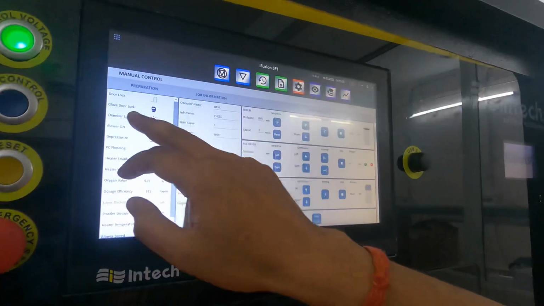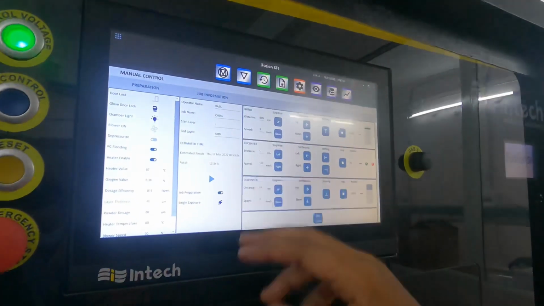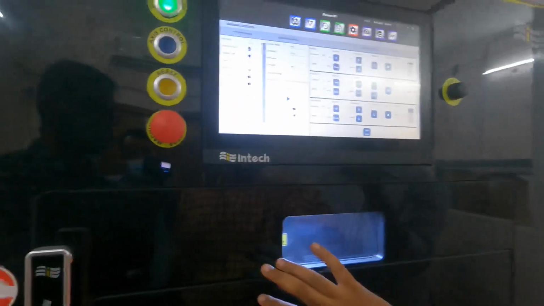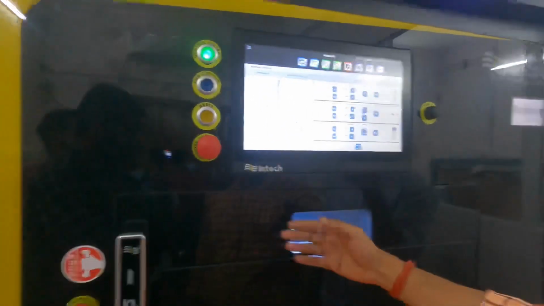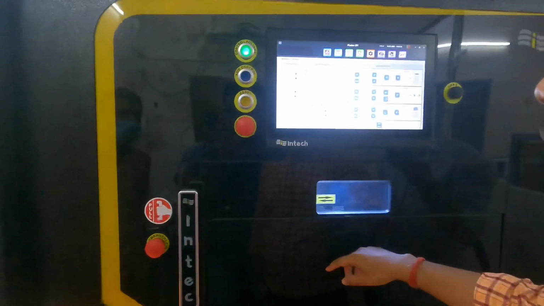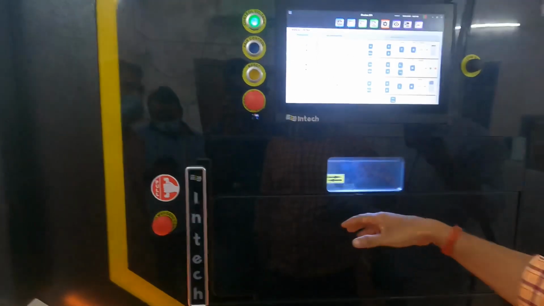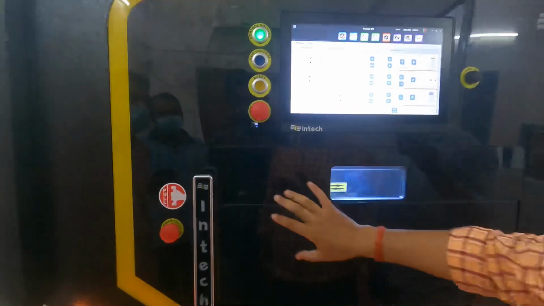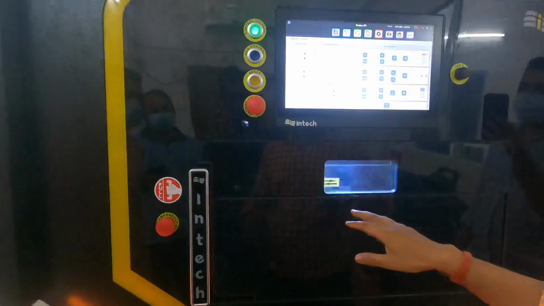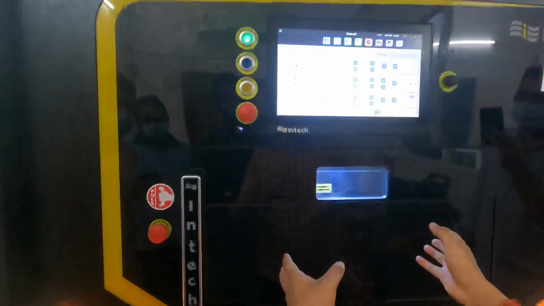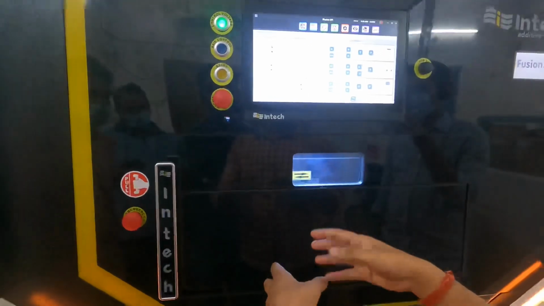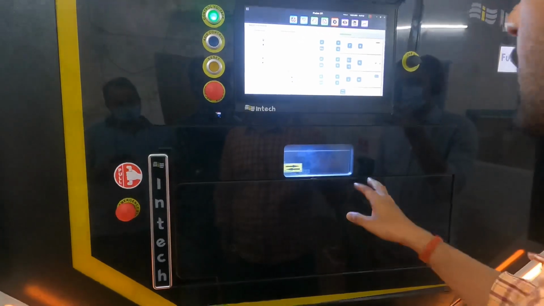So the first one is the door lock. This is the chamber door, which needs to be locked when you start printing. And there is another door attached to this main door, that is the glove box door. It has gloves that you can use after closing the main door. With these gloves, you can operate, take out, and remove the powder to the dispenser.